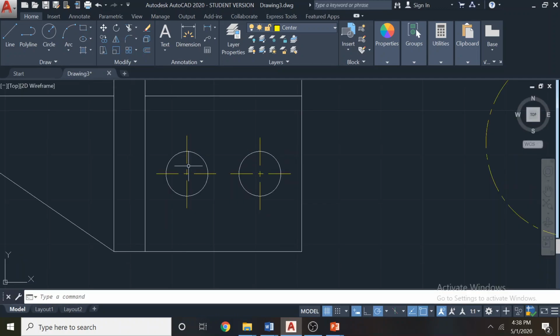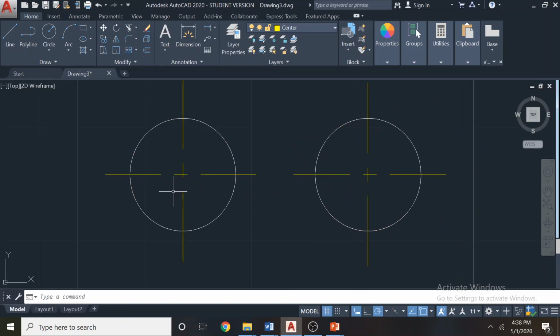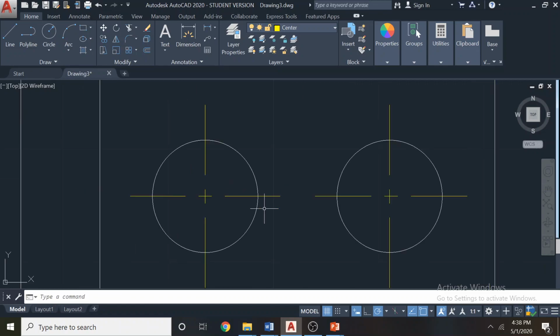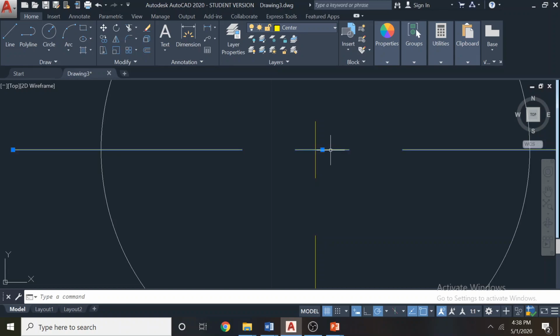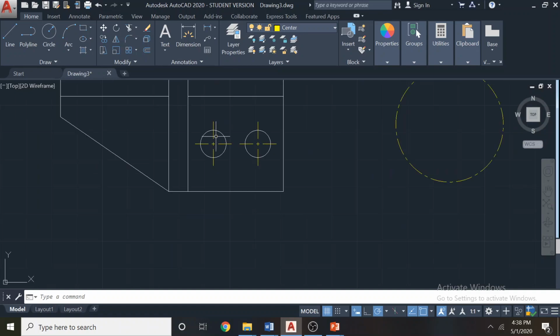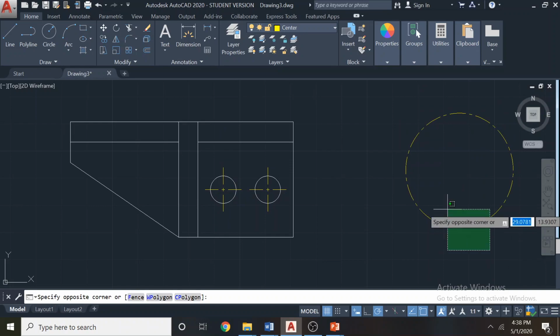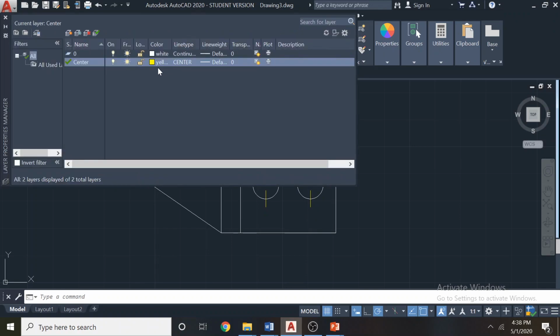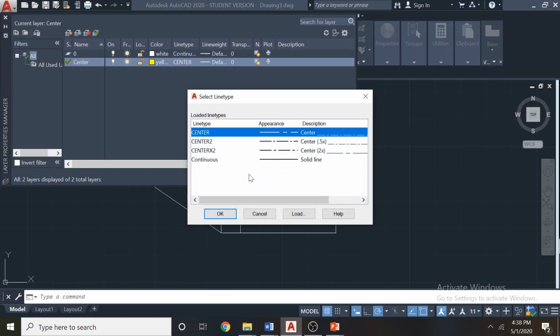Now it's quite okay, the side drawing is quite okay, but if you look carefully here, the center line is not going to align nicely. So we can make it to the middle by just dragging and dropping like this. So here also it's not symmetrical, so we can just take it manually like this. There's another command to directly apply the center lines for the circles. We'll discuss that later. So this is how we create center lines. So you have to go to layers, add the center line layer, load the center lines and do it.